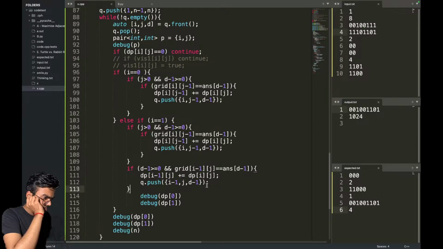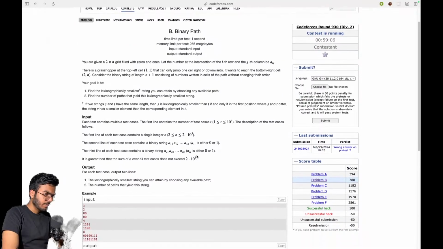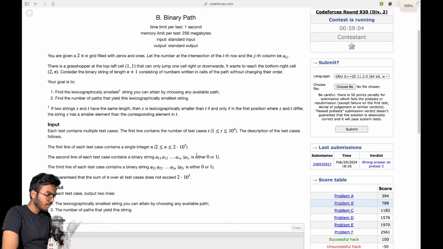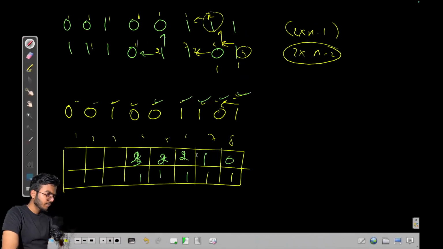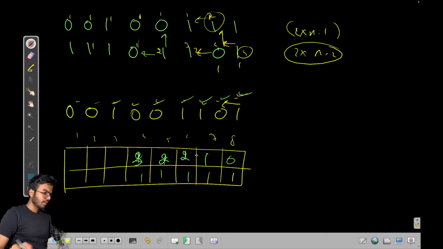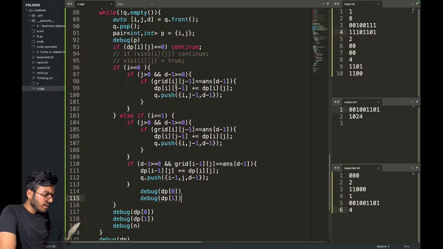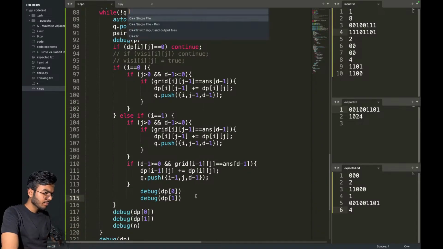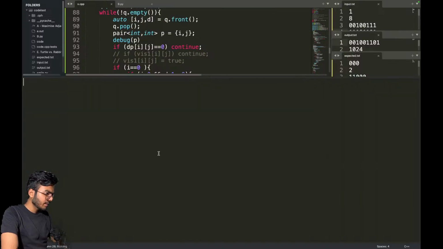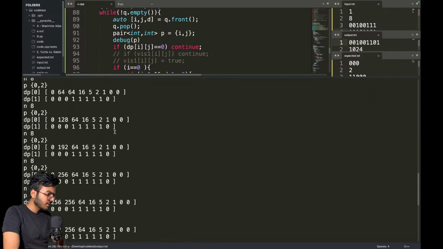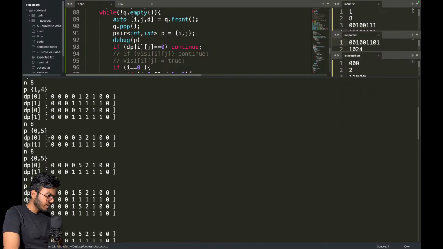Hmm, what can we do? I can go left and keep going left, but this won't help. I think there is a very small mistake somewhere. Let's actually run this again. And where was I getting the error? I was getting the error on